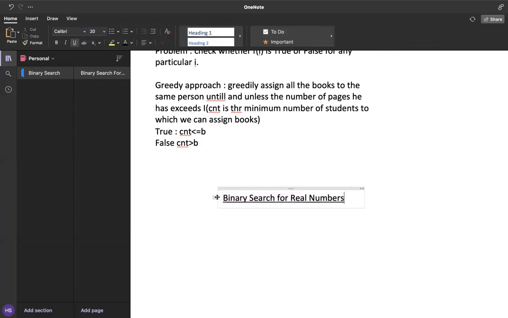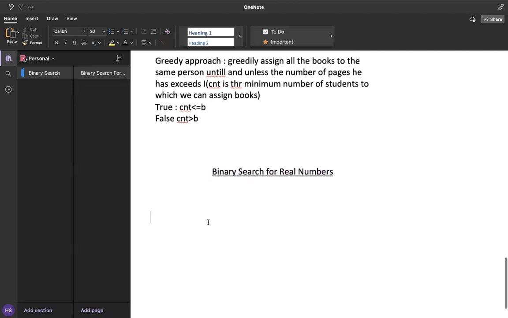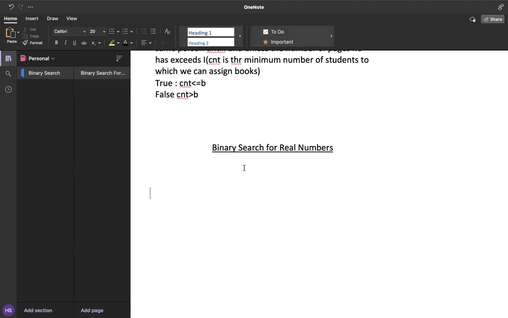Now, this is not something very different from the normal binary search, but it is worth mentioning because sometimes there is a binary search for real numbers kind of situation, and a lot of people mess up because they try to use the normal binary search and encounter precision issues, because dealing with floating point numbers always requires taking care of precision. There is just a little difference between binary search for real numbers and that for integers.